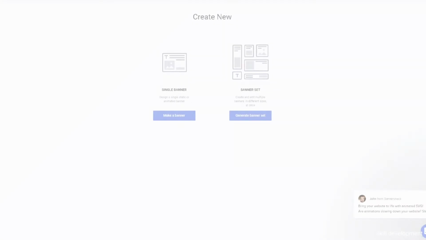All right guys, so we are inside of Banner Snack, and this is where we're going to create our AdWords banner ad. Now, there's 2 options here, single banner and banner set. Banner set is an incredibly useful tool that you need to be aware of. It can really decrease the amount of time that you spend trying to customize all the different dimensions and sizes